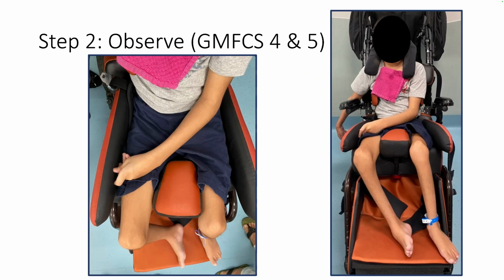For children in a wheelchair, assess their seated position. While they are sitting, are they leaning to one side? Does one thigh look shorter than the other? Can they sit independently? In these images, we can see an asymmetry in knee positions, with his left side shorter